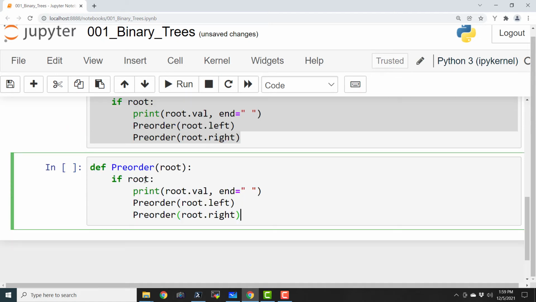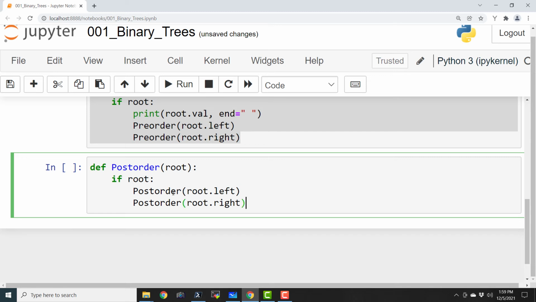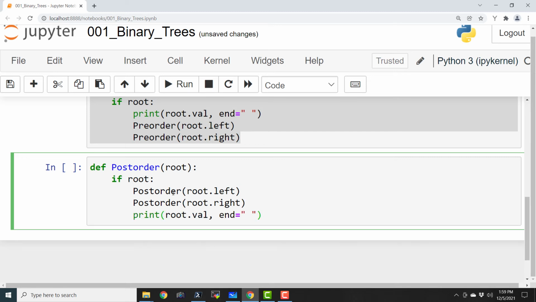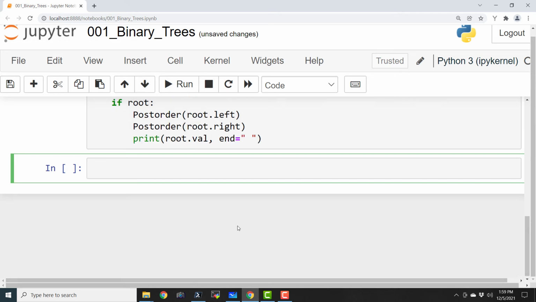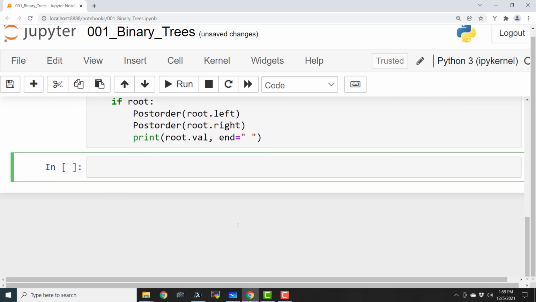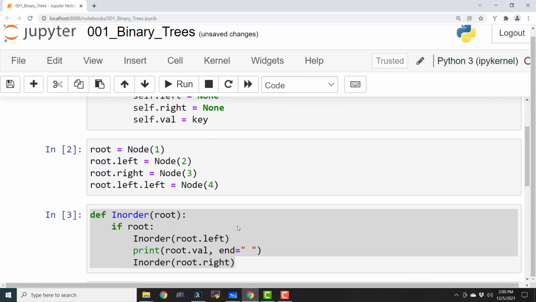So we are using recursion in post order. Recursion actually makes our code very, very simple. The only problem is that it actually takes a lot of computational resources to implement recursion at the system level. So that is why we even have the iterative algorithms for all these things.